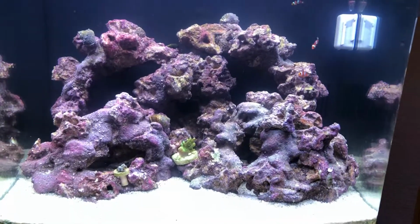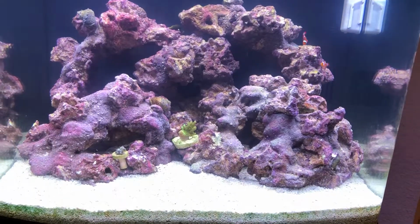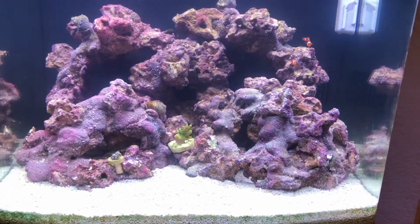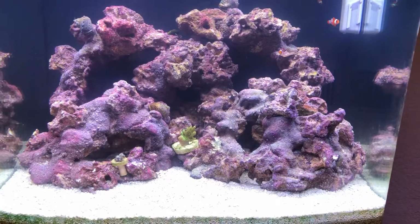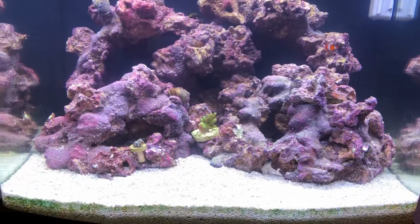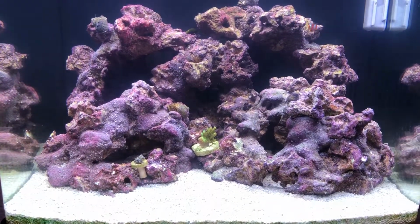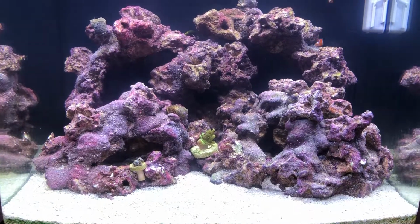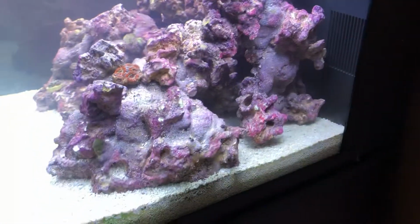Start with the subtraction. We lost the shrimp about the second day after we added them. Not really sure what happened. All the water parameters were fine, and a local fish store actually ended up giving me a refund for the guy. I think maybe there just wasn't enough algae for him to eat in the tank yet. In between that period, he kind of died back here in the back corner, and so what I ended up